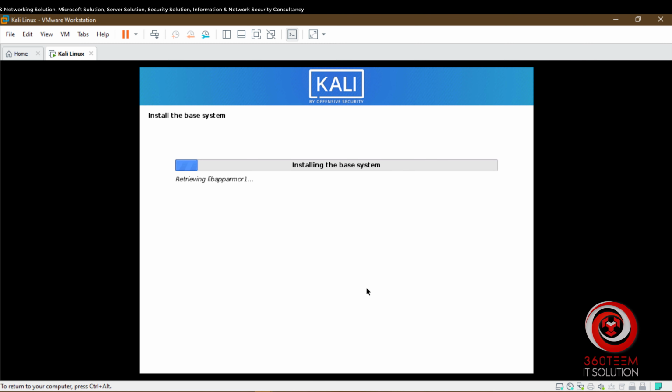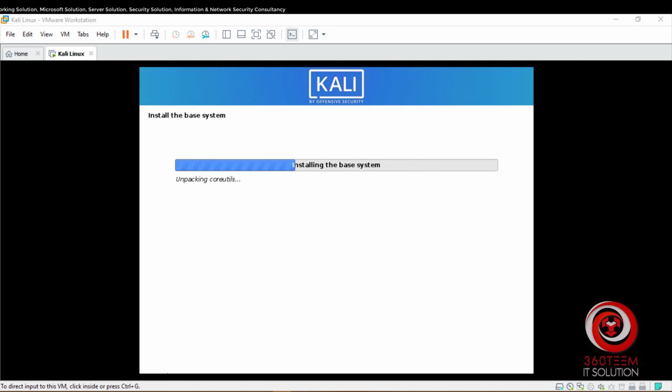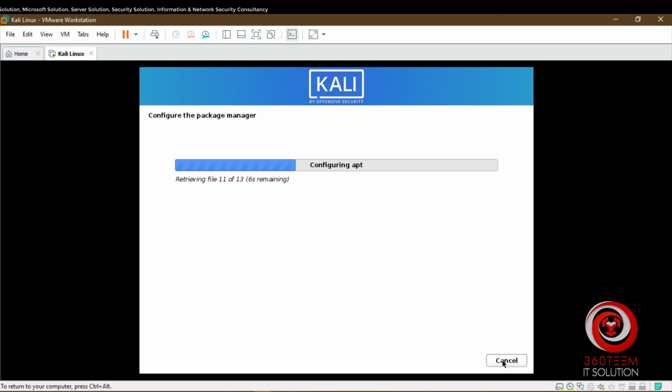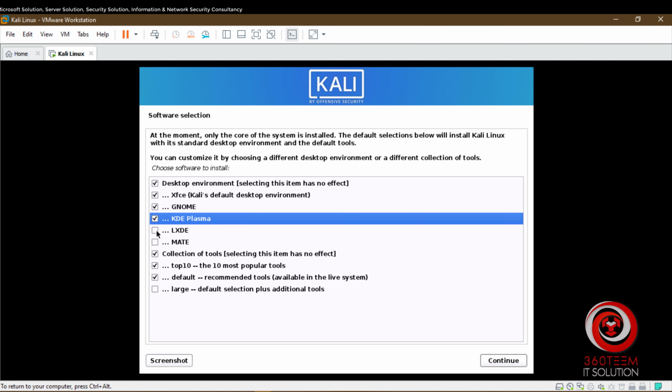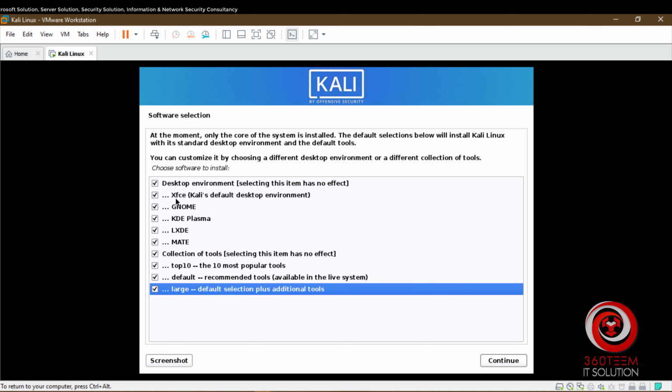Well, now it has begun to install Kali Linux. Here I am going to select all of them, and especially I am going to show you how to enable the root user in the GNOME desktop version.